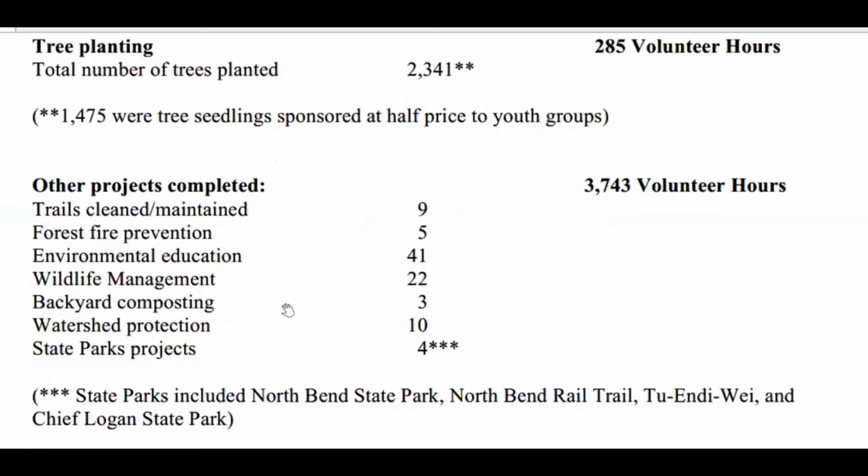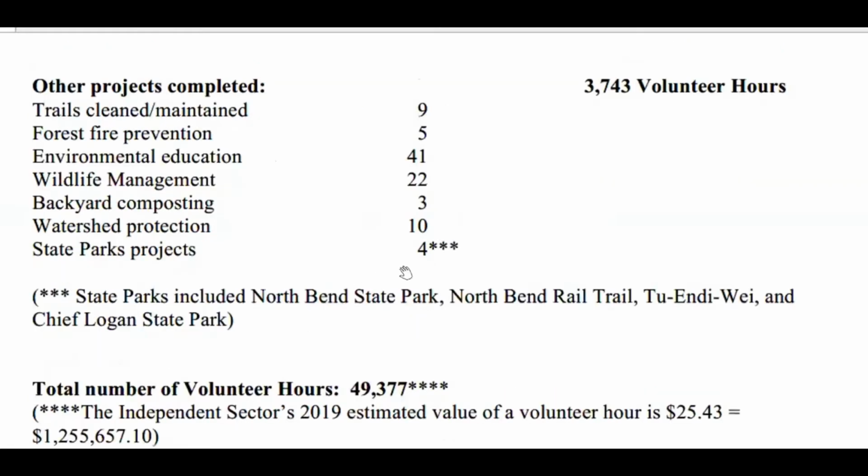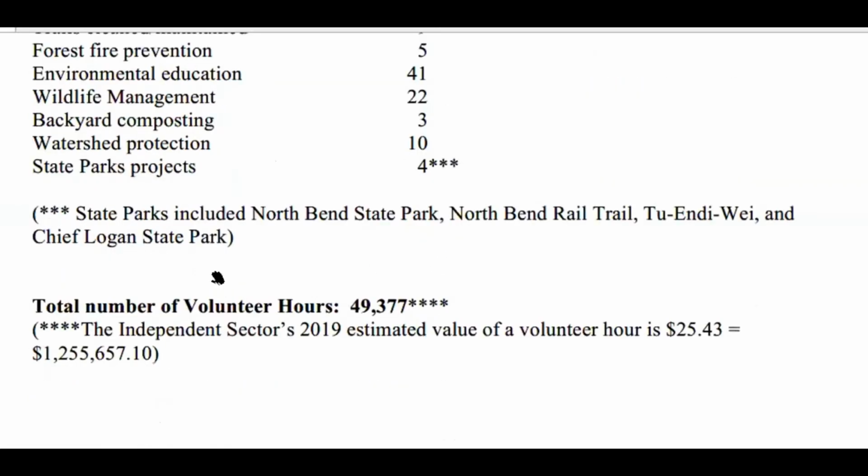Some of the other projects that they completed are cleaning up trails or maintaining them, forest fire prevention, environmental education. So you'll see out of the 48 clubs, 41 of them had done some type of environmental education. 10 of those clubs had reported on watershed protection. And then they also clean up state parks. So out of the 48 clubs that reported last year, we had